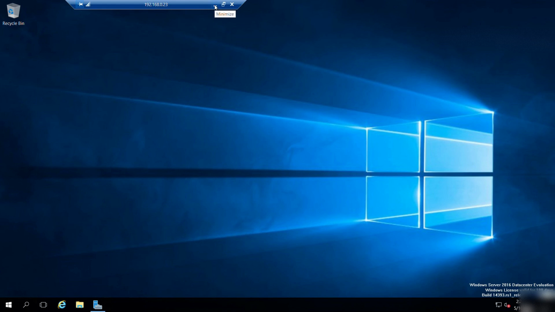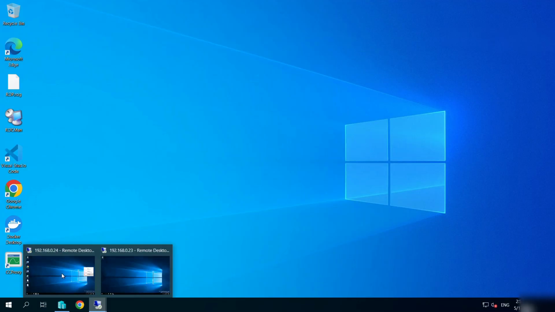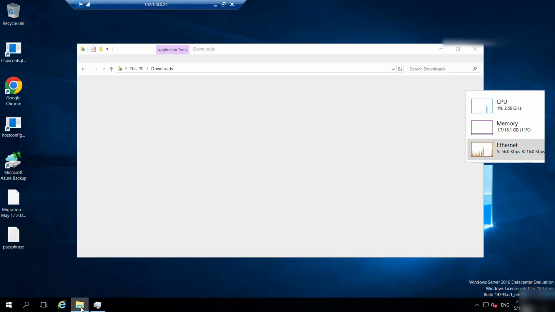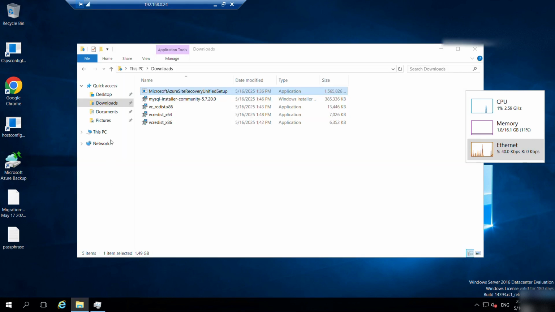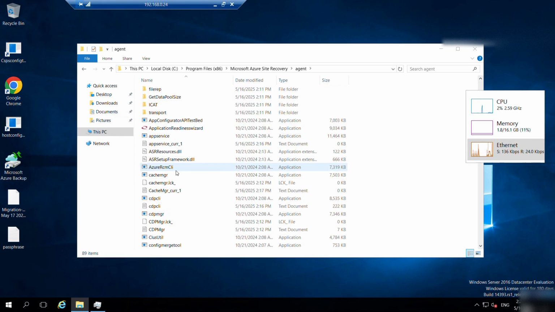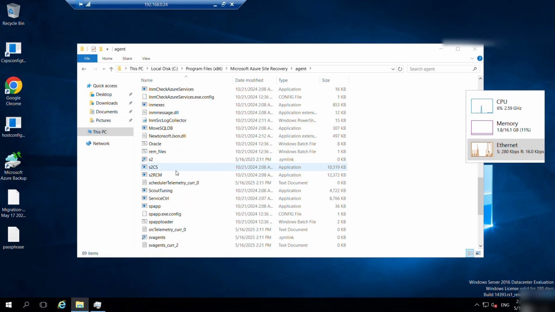Okay, so I'm going to minimize this. I will go to the appliance. I'm going to the C drive, x86, Microsoft Azure, agents. Here you will find